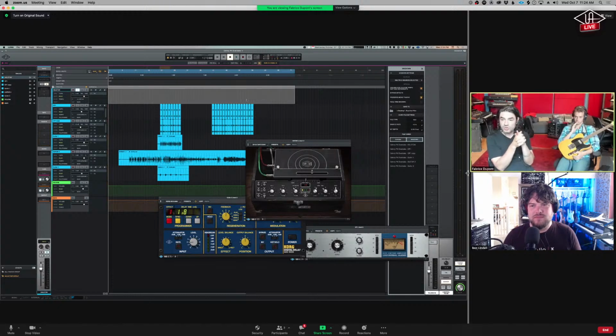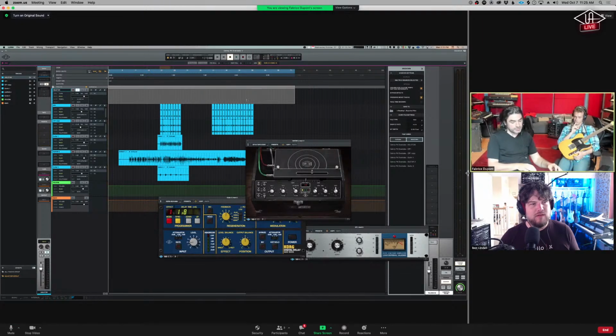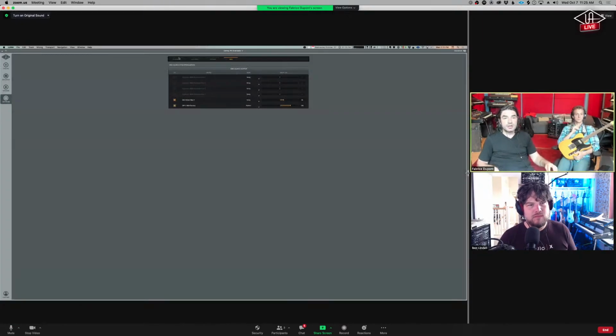But to give a very long answer to that, I could have said -16 is where it's at with Luna and an Apollo of any generation. Totally. And then there's another setting in the new Apollos where you can click a relay, and they go to -20. You want to show people where that is real quick? So that's in hardware.